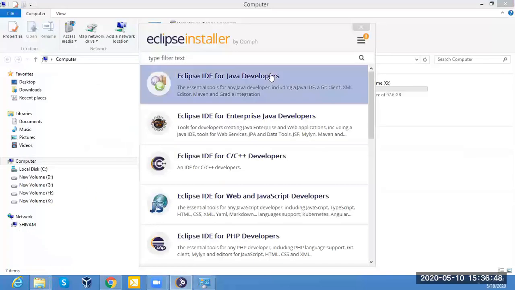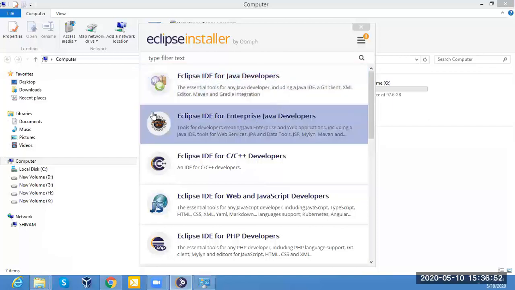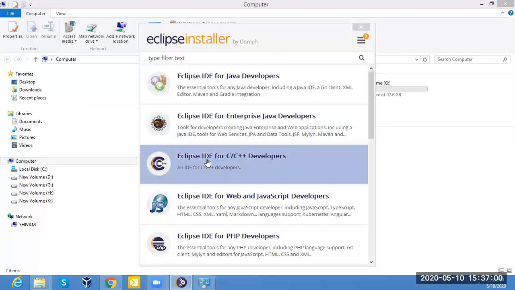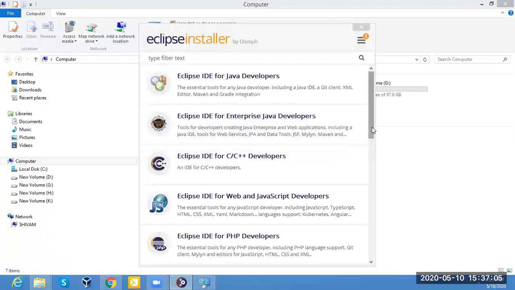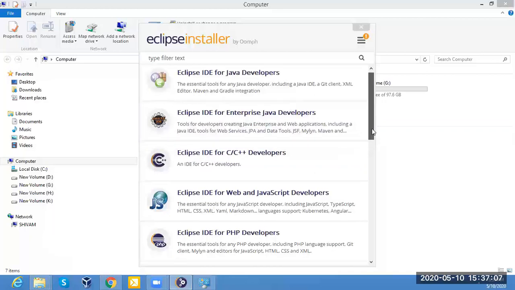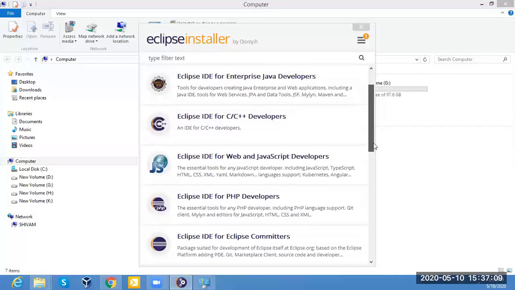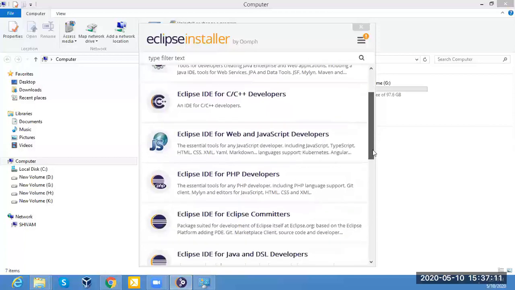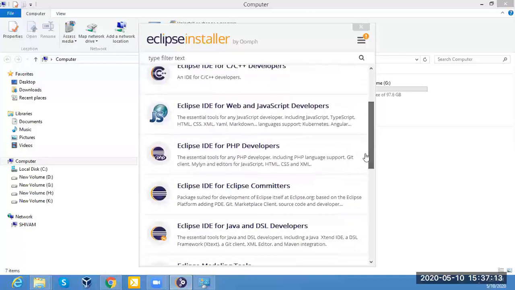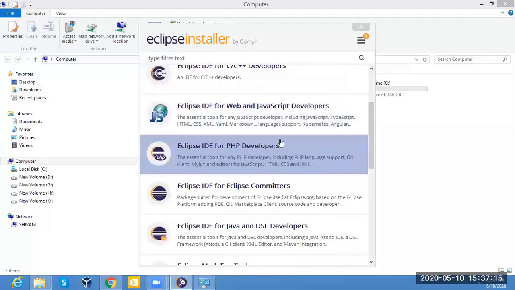Look at this. You have to select first Eclipse IDE for Java Developers, and the second one is Eclipse IDE for Enterprise Java Developers. We need not select this one, and this is Eclipse IDE for C/C++ Developers. We are not working with C and C++, we are working with Java. So we need Eclipse for Java, and this is for PHP developers.